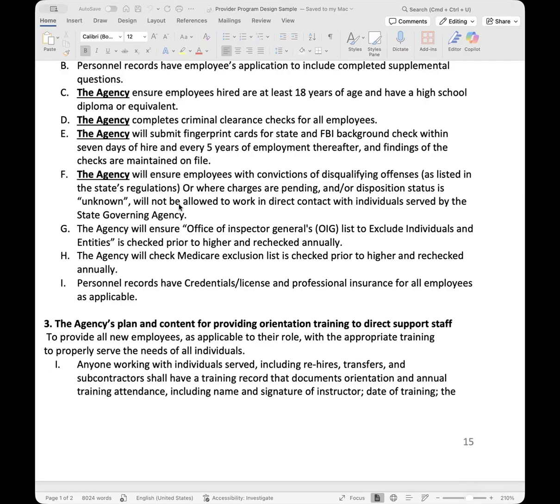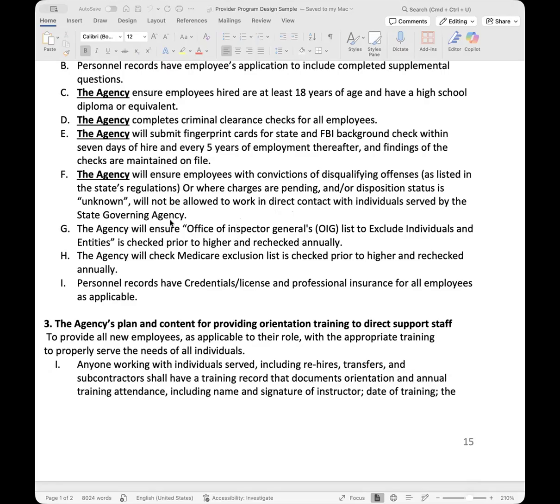Make sure you keep a list of those, because I would include that in my hiring process. You can ask somebody right in your application if they have any disqualifying offenses, or if they have any felony charges. We go more into that in phase two when we look at developing applications for your employees. But that would be good to put on your application, so you don't waste time and energy going through the hiring process with somebody, and it turns out they have a felony charge or any of these disqualifying offenses.